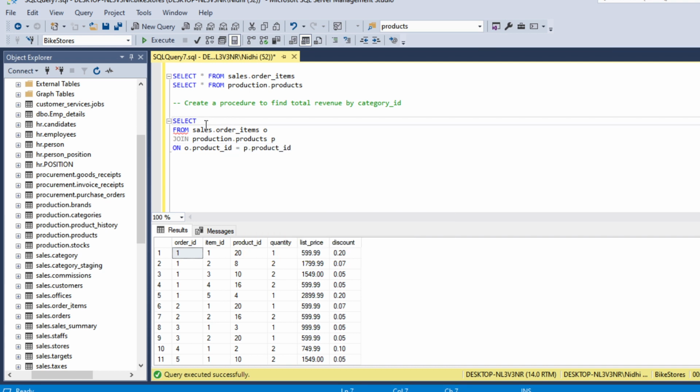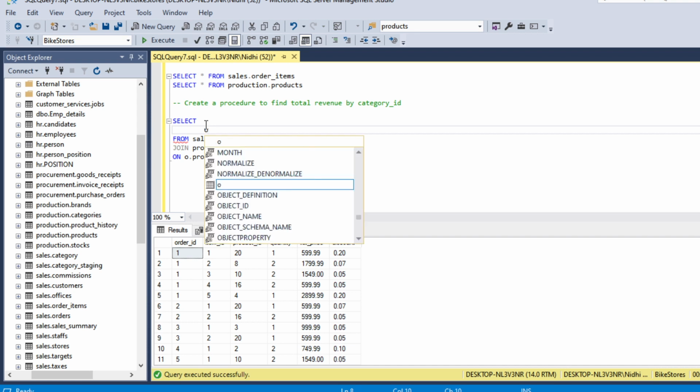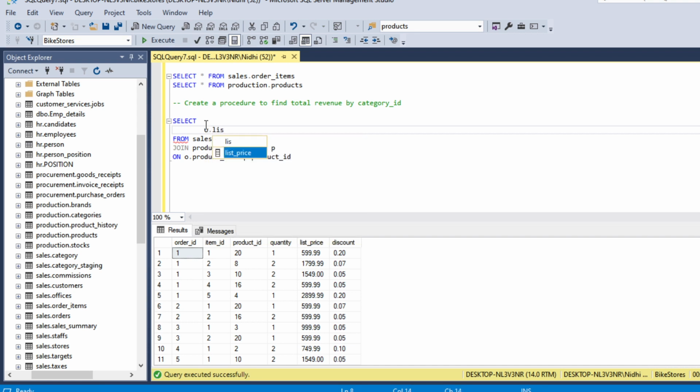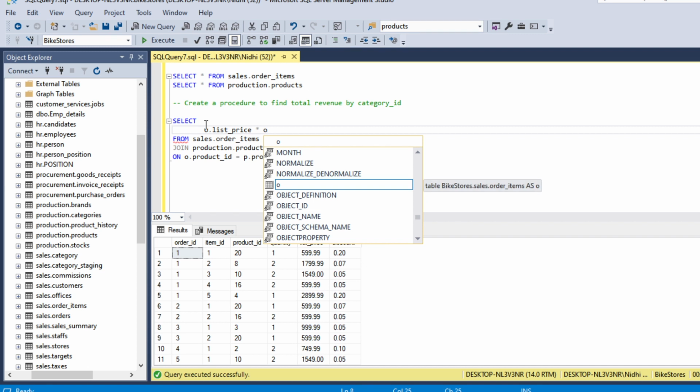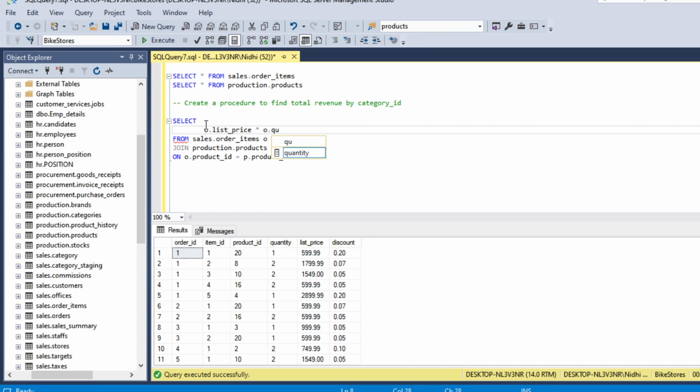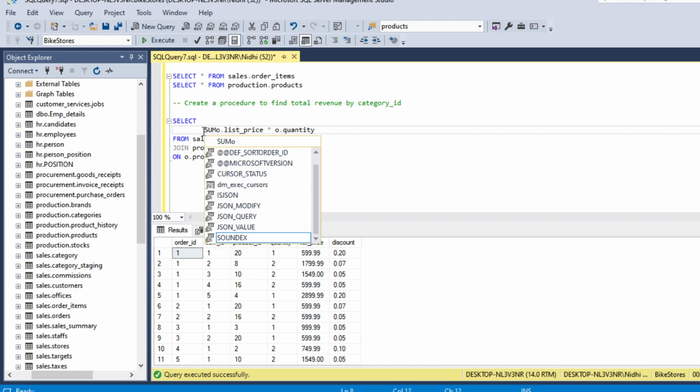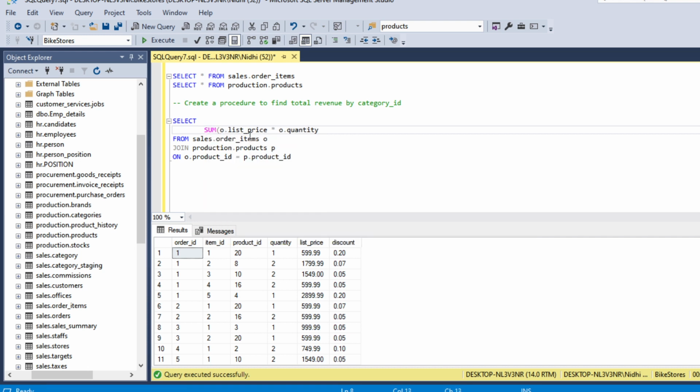Okay, so what we need here is to calculate total revenue. So O.list_price into O.quantity, and then we need the sum of this value as revenue.